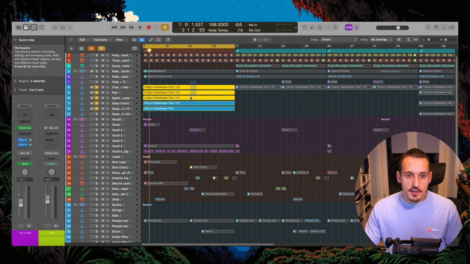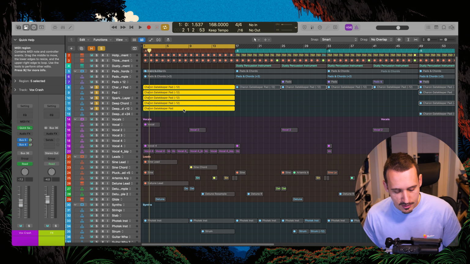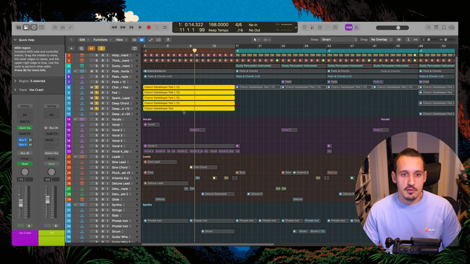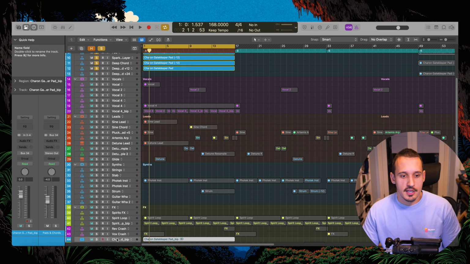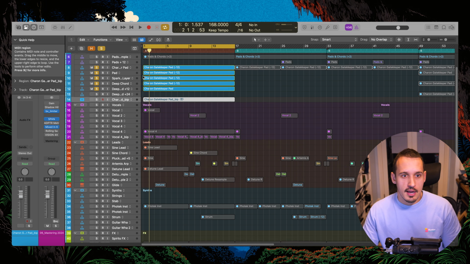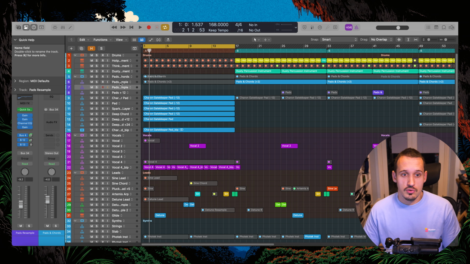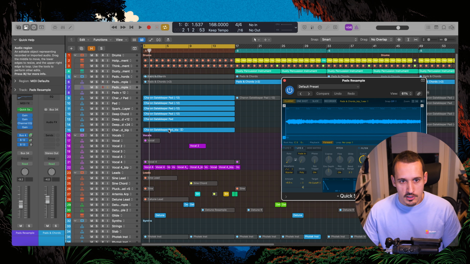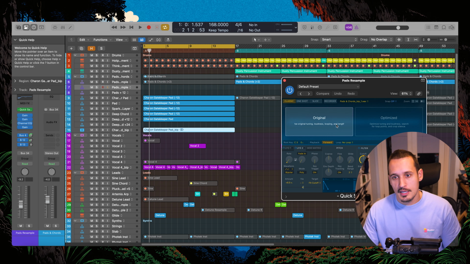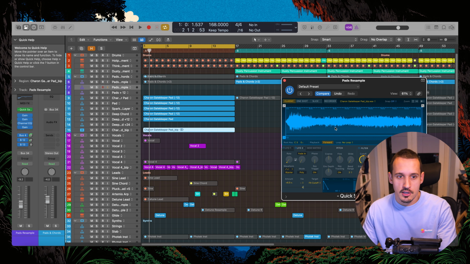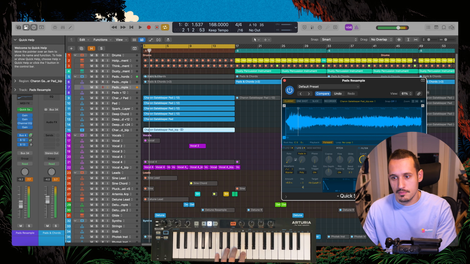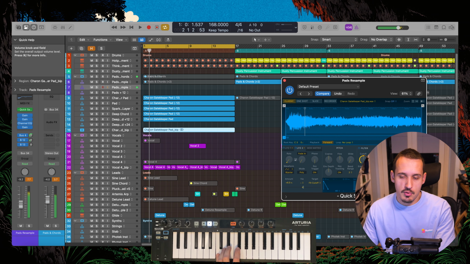So once I had all of these pad layers working and tuned together, the next thing I did was actually just bounce them down so they were one single layer of audio, and then I chucked that into a sampler, and so bring that pad layer in, and then that gave me the ability to play it up and down the keyboard and find